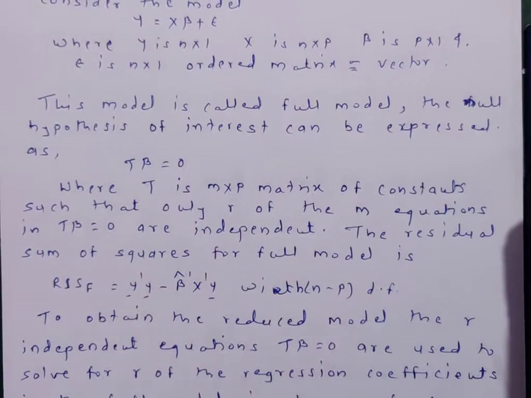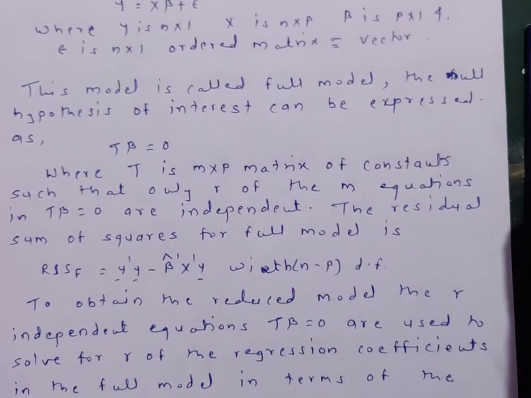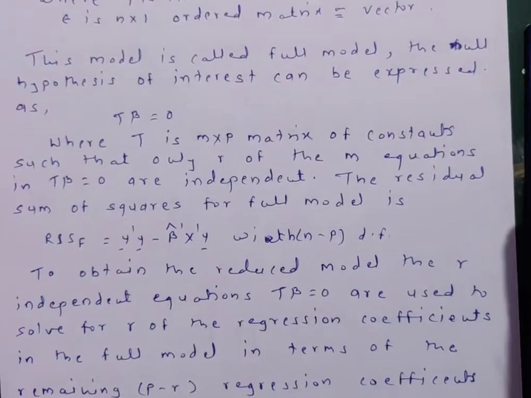So over here the most important thing is we need to obtain the reduced model with r independent equations in the form T beta is equal to 0, used to solve for r of the regression coefficients in the full model in terms of the remaining p minus r regression coefficients. Fine. So thus the reduced model is y is equal to Z